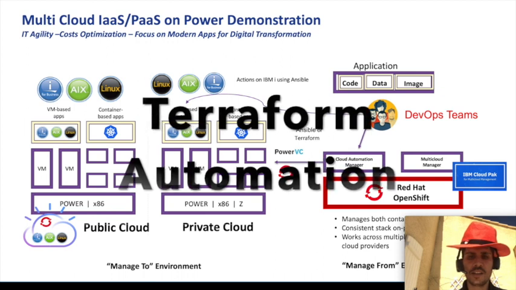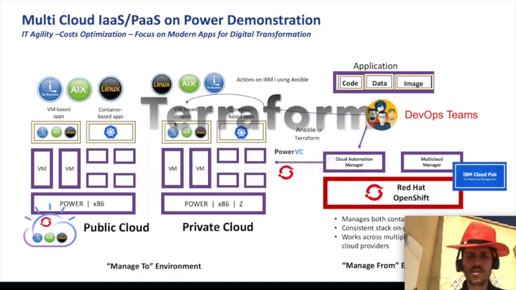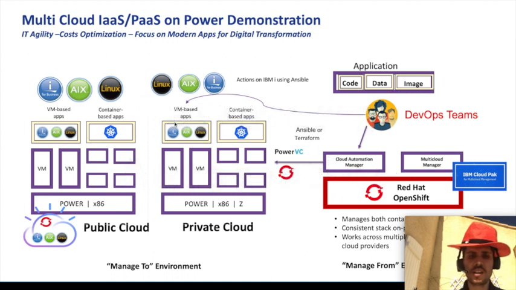So for that, I can use Terraform and Ansible. So let's use this, and then we will use the Cloud Automation, so an additional layer based on the Cloud Pack and the Multi-Cloud Manager to manage all this from a single pane of glass. But for the first demonstration, let's use a Terraform template to provision in the IBM Cloud